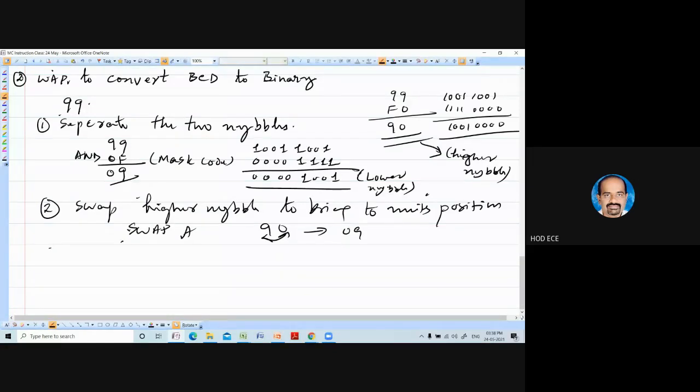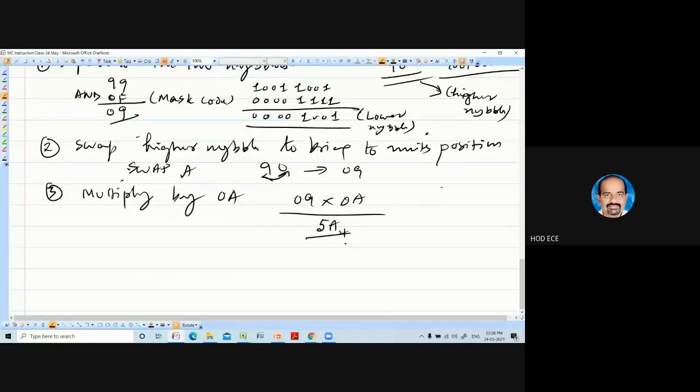What is the next step? Multiply by 0A. So 09 into 0A you do. You are going to get 5A as the answer.